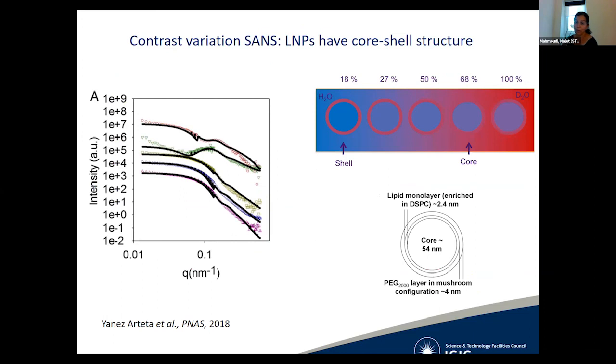So as I said, the most important advantage of SANS over SAXS and SALS is the fact that we can use contrast variation, and we use contrast variation to look at lipid nanoparticles that are used for mRNA therapy, for cancer treatment. This is actually an industrial collaboration with a pharmaceutical company, and we used contrast variation to look at the structure and the location of the different lipids and the mRNA in these